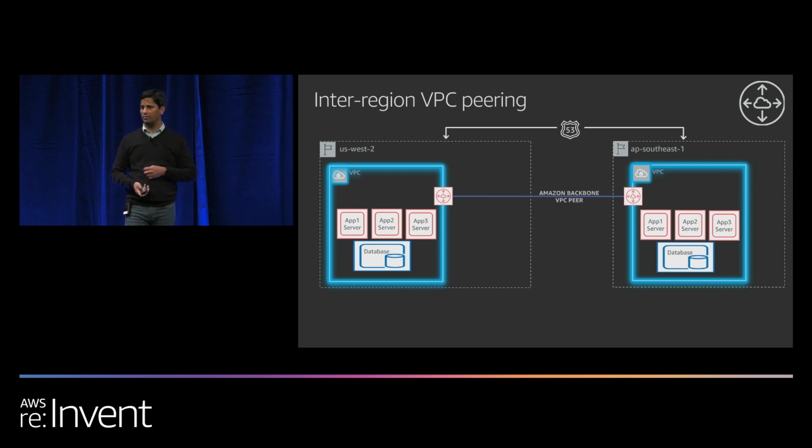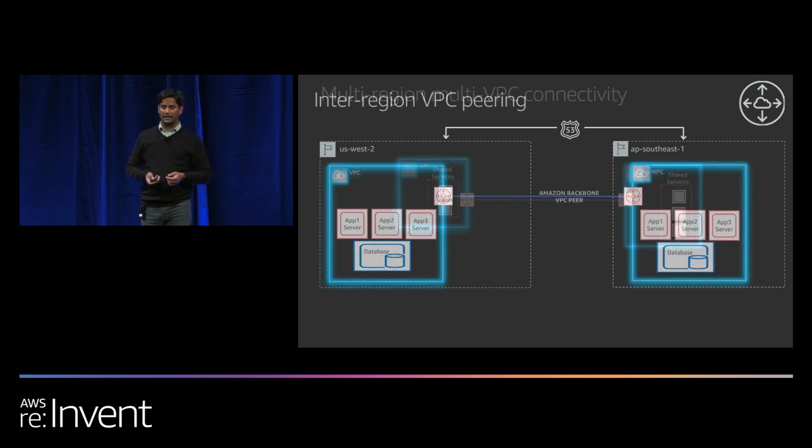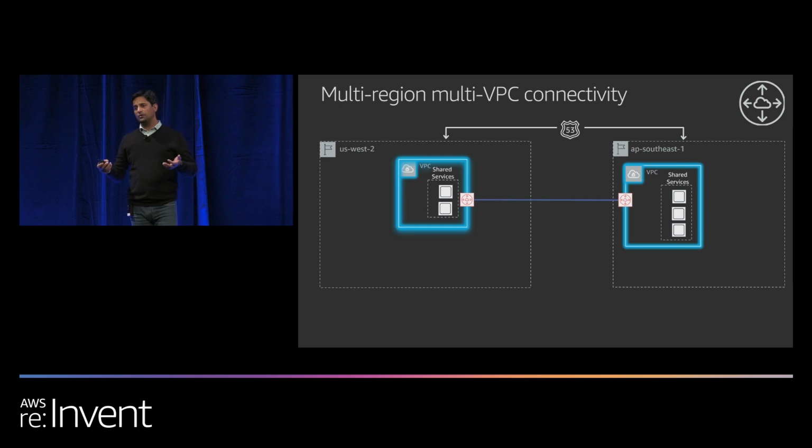VPC peering gives you that capability using Amazon's network backbone to talk to resources across 2 regions. This is not traversing the internet, so this is all going through the private channel, so you don't have to worry about that. But if you are an enterprise customer having hundreds of accounts and potentially hundreds or 200 VPCs